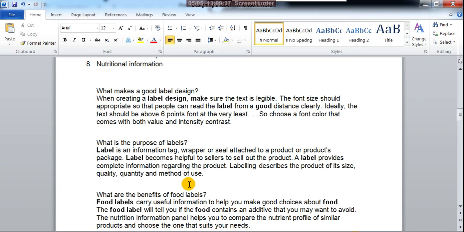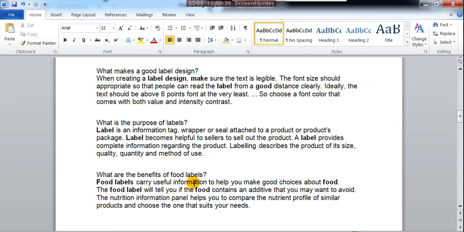What are the benefits of food labels? Yeah, coming to the food label. Food labels carry useful information to help you make good choices about food. That is very, very important. So the good choice, which product is really suitable for you. Okay, so it gives the choice. The food label will tell you if the food contains an additive that you may want to avoid.